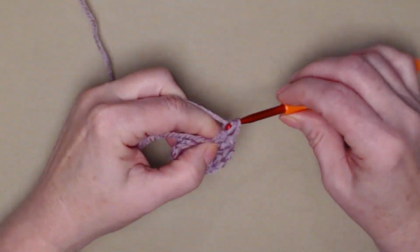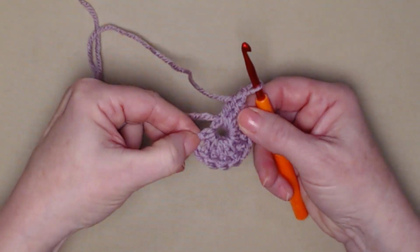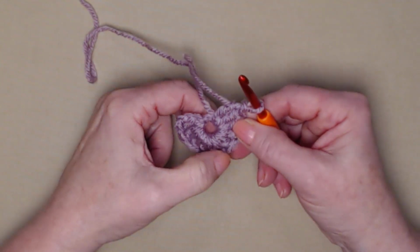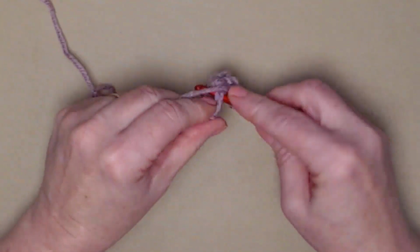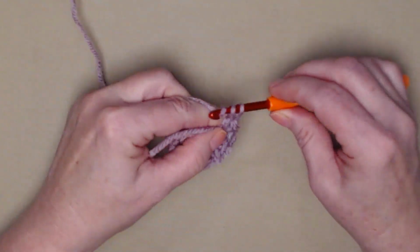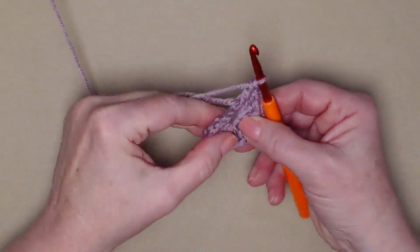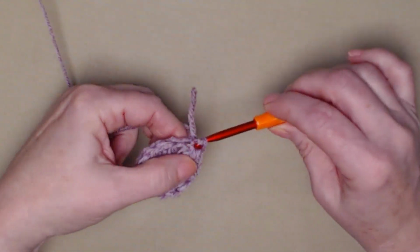All right, let's see how many I have stitched so far. Here's our chain 3, so that's 1, 2, 3, 4, 5, 6, 7, 8, 9, 10, 11. And this one will be a total of 12. Our chain 3 counted as 1, and we stitched 11 more. We're going to join to that chain 3 with a slip stitch